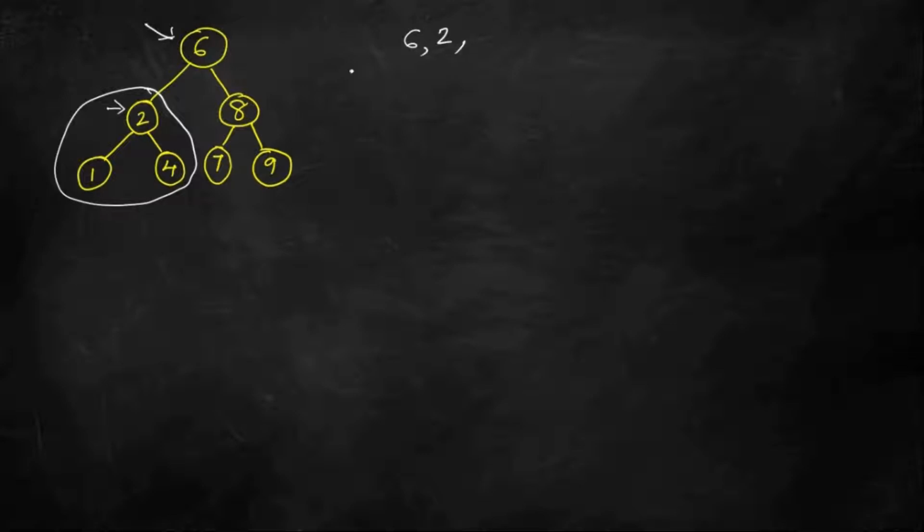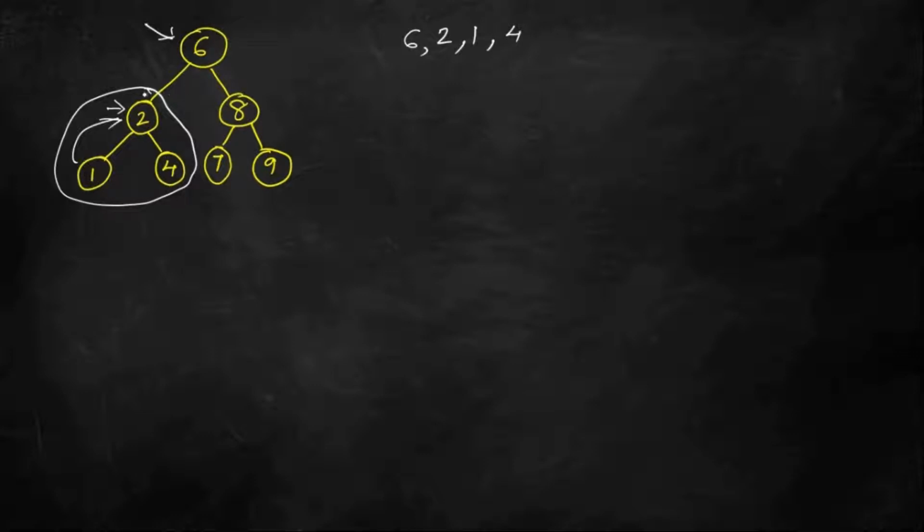So the left of the second node, that is node 2, is 1. Now there is no further node, right, since 1 is the leaf. So we have to go back to this particular node, that is the parent node, and then it will traverse the right of that. So the right is 4. Again there are no more child nodes, 4 is a leaf node.